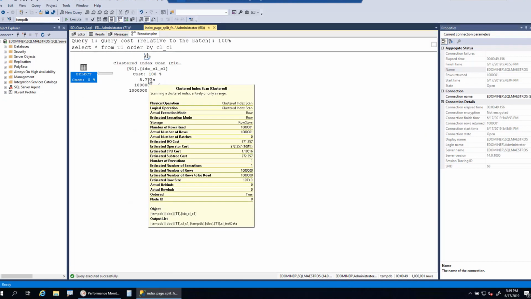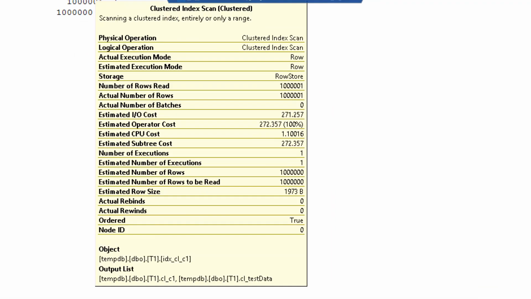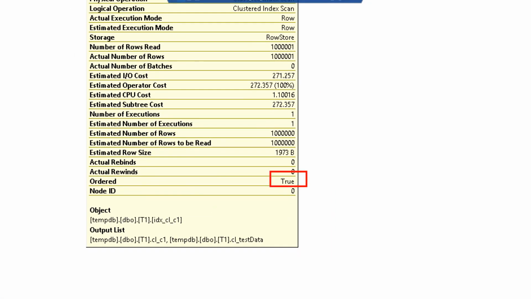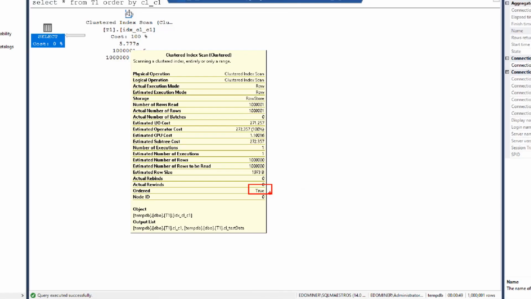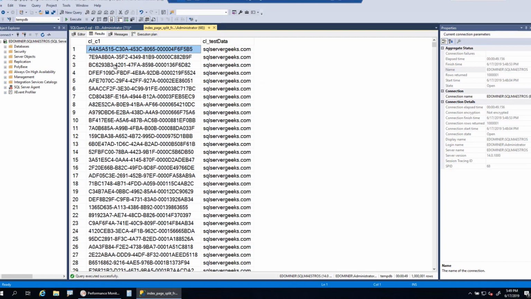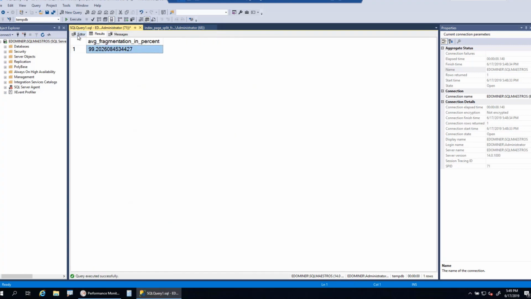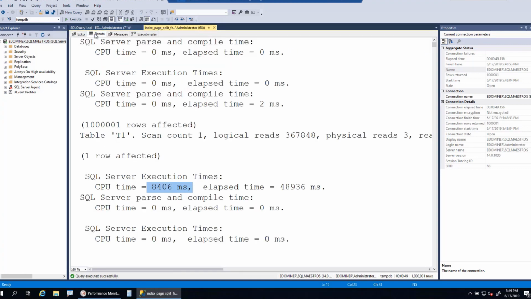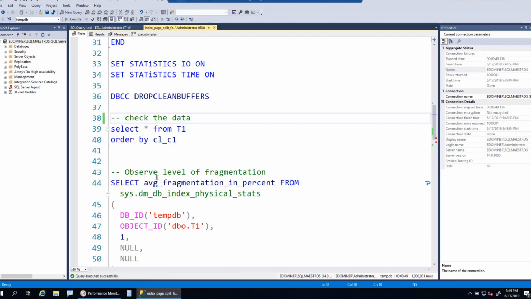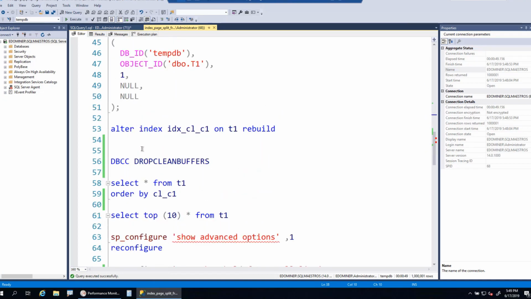So let's go and look into the execution plan, and now you can actually see that ordered was set to true, while in the previous case it would have been false because we didn't ask for any specific order. Now the point is, this one runs faster, but then this is not really the benchmark, and this is not the point that I'm trying to prove. In both cases, here with fragmentation, the ordered and unordered retrieval is just kind of the same. But now comes the point. Let me drop the clean buffers again,